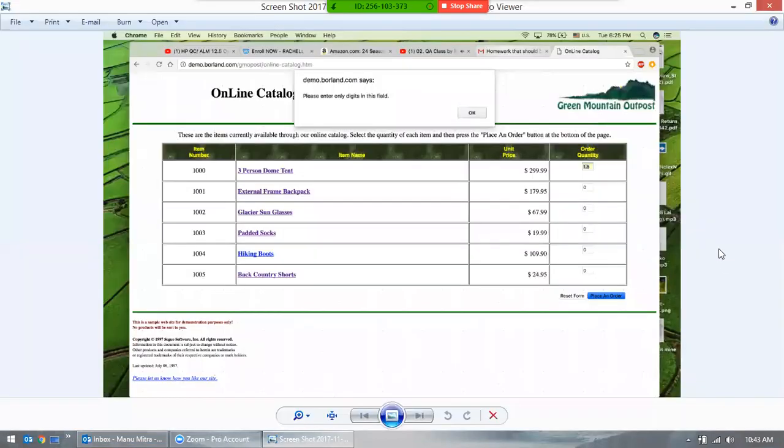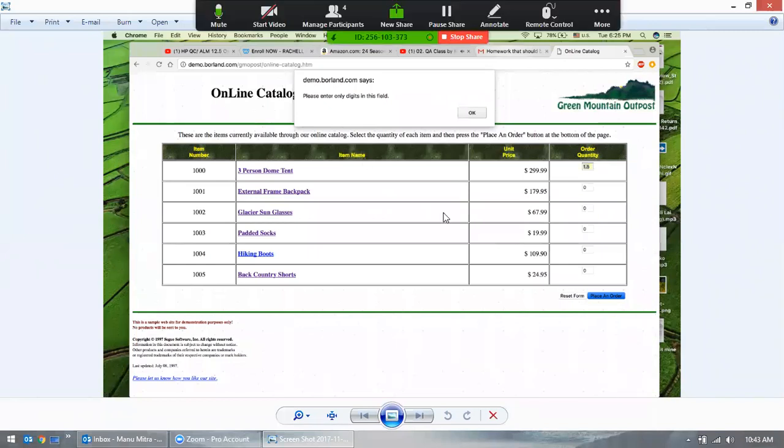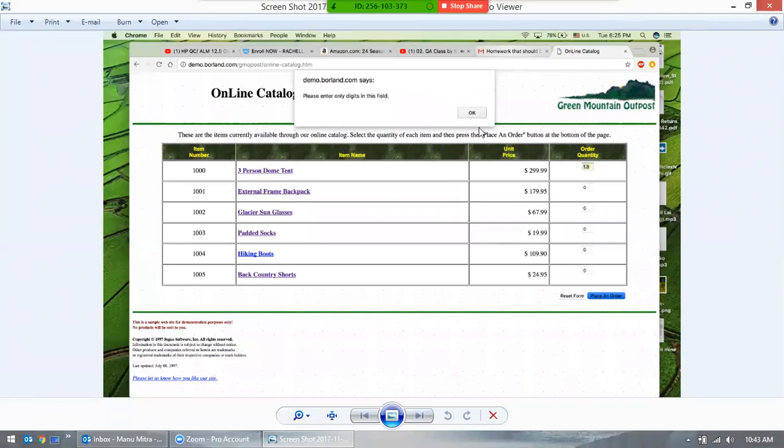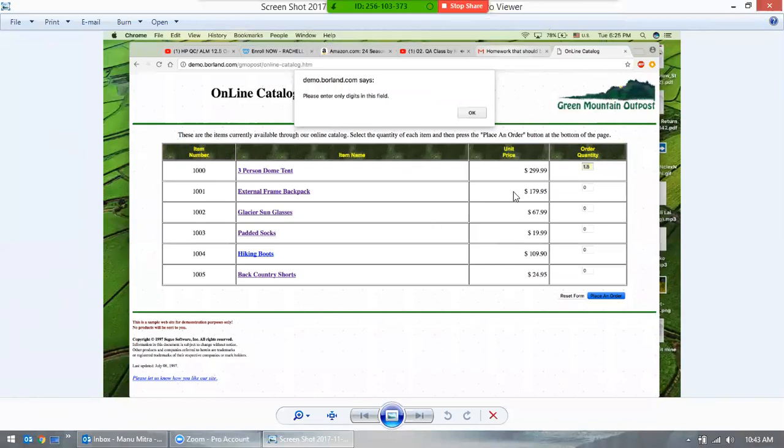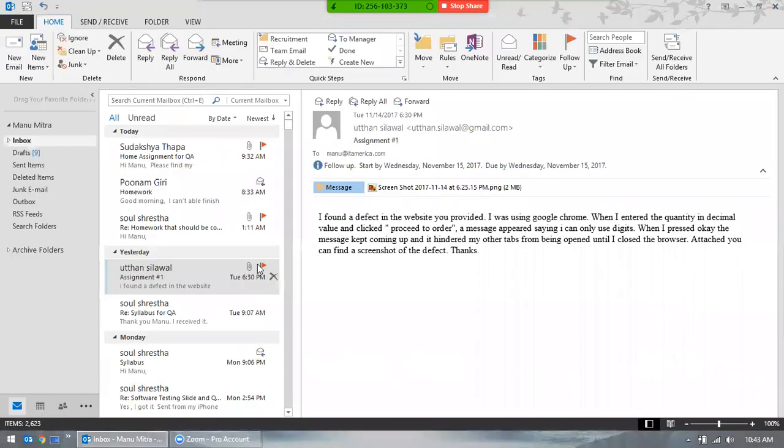So again, I told you, right? This is what we find. I found it yesterday. I told you this is what is happening. This is really a defect, but again, I told it in the class. Don't just repeat the same thing I'm telling in the class. You need to find defects by yourself, not what I told in the class. You don't want to do that again. Okay, so